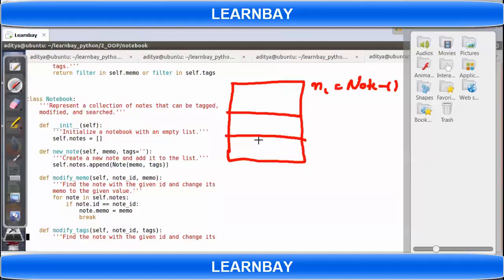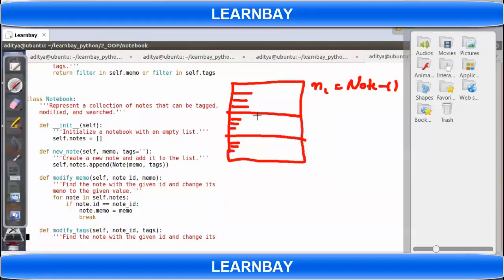Now, what is this node? The type of this node is a list of nodes. It's not a list of integers, it's not a list of characters, it's a list of objects, right? So we will be having memo here, date here, and tag here, and this will be there for each and every one.